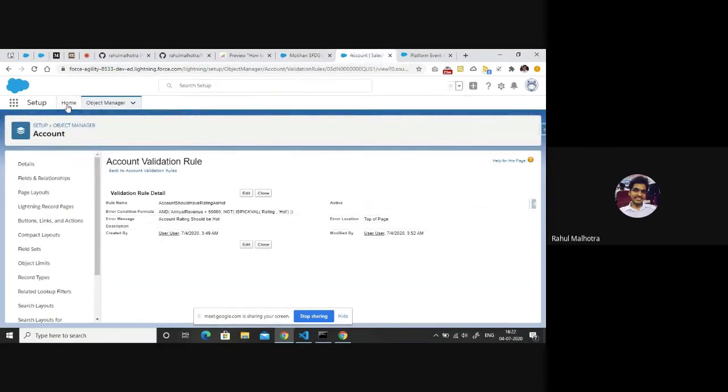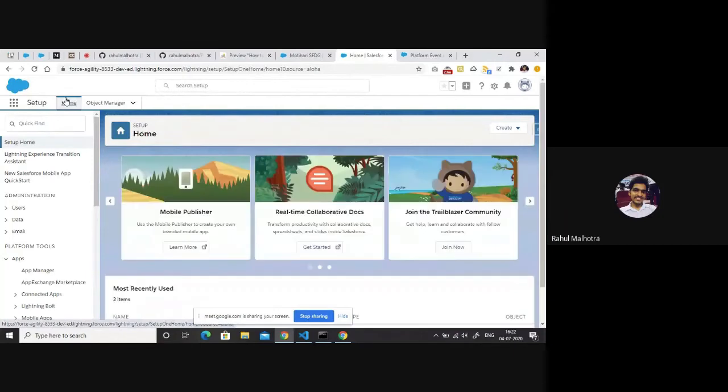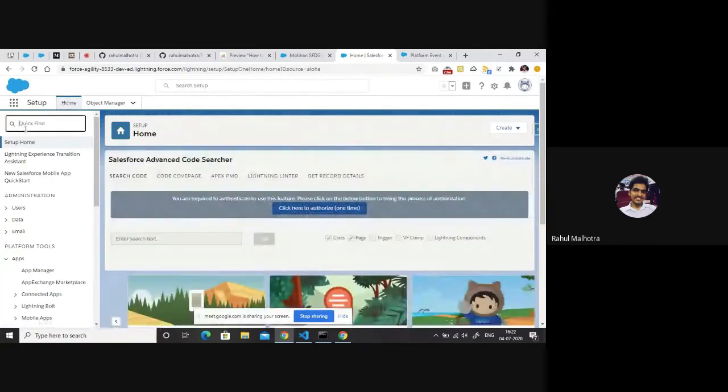So this time I have just deactivated the validation rule. We are not going to use the validation rule now, but we are going to set up a process builder for this, right? So let me quickly go to process builder.